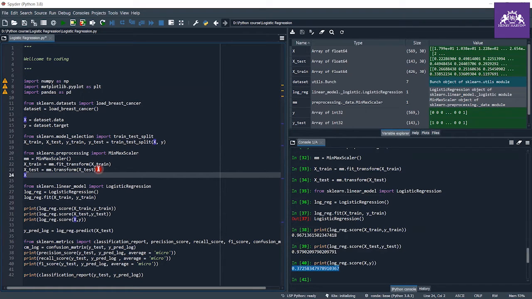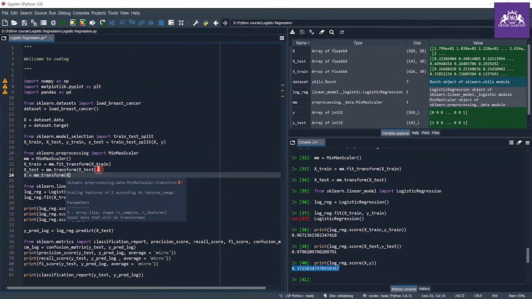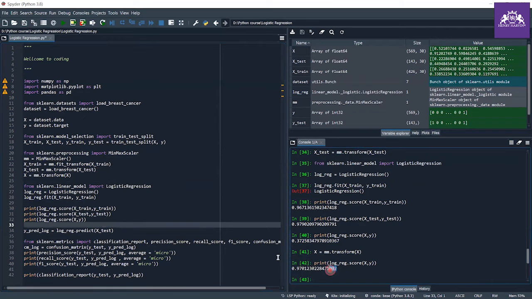If you are giving any input to your model, keep in mind that you have to pre-process your input. So I pre-process my input, which is x. Now my input is pre-processed. Let me see the score: my score for the whole data using this logistic regression algorithm is 97%.